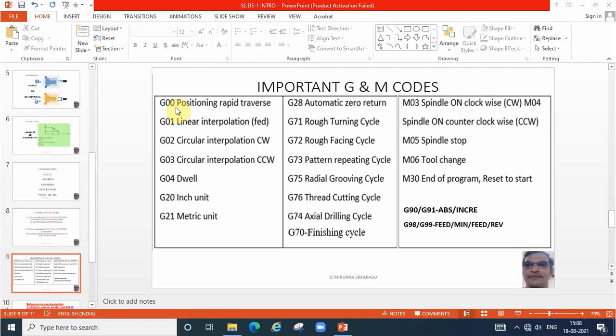G73 is a pattern repeating cycle which we use particularly for casting. Already one profile is completed. To finish the pattern, we are using G73. According to the profile the tool will be moving, and we will get a better finish on the surface.